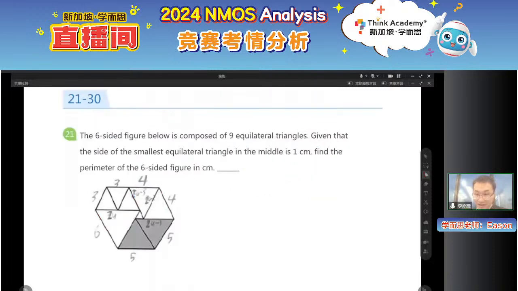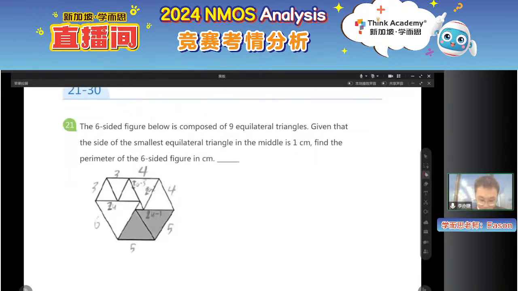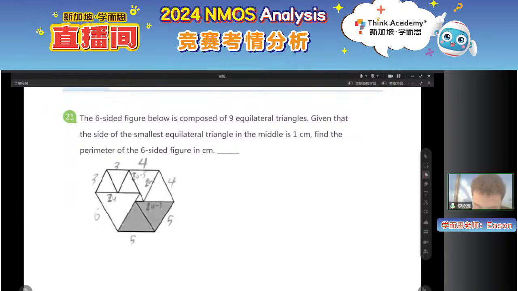Okay, so question 21. Maybe I should erase my writing, or maybe not. So we have 9 equilateral triangles. The side length of the equilateral triangle in the middle is 1, right? So we want to know the outside. This is a question that occurs maybe 3 times. I remember there's a very similar question in past year papers. The logic for this question is that we can just assume the side length of a certain triangle and express all the others. For example, if this is 1,